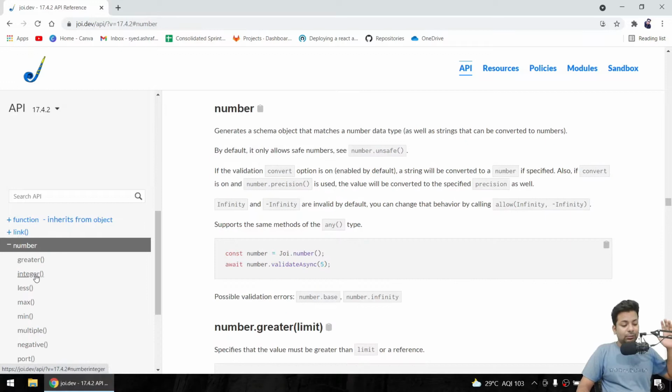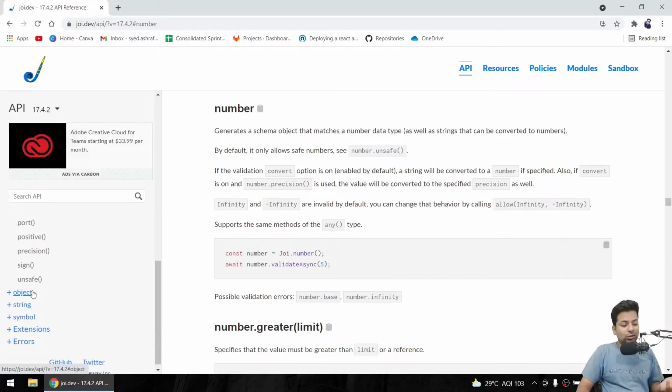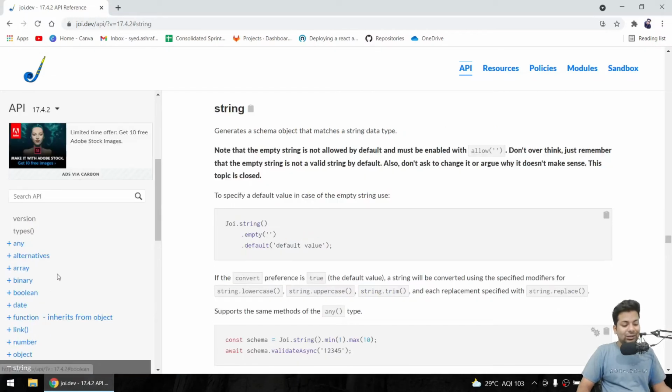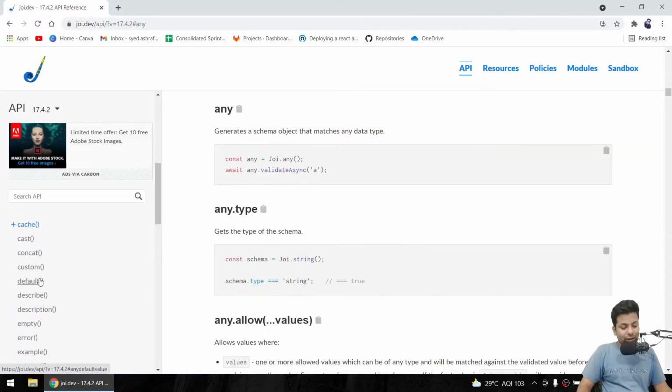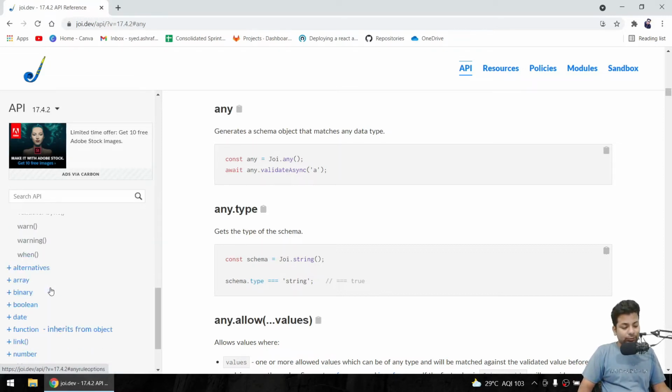If you want to use any of them, you can just come here and check, because teaching all of them is not possible, it would take like 100 hours. So I'll teach you the most basic and most used ones, and a bit more than just the basics.